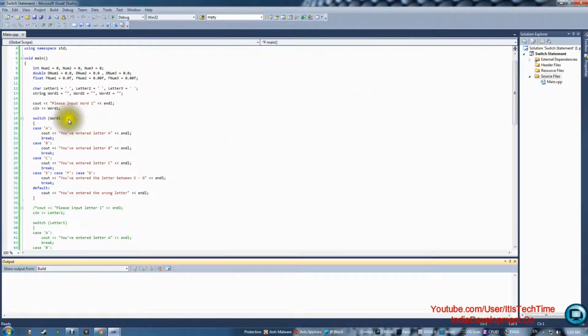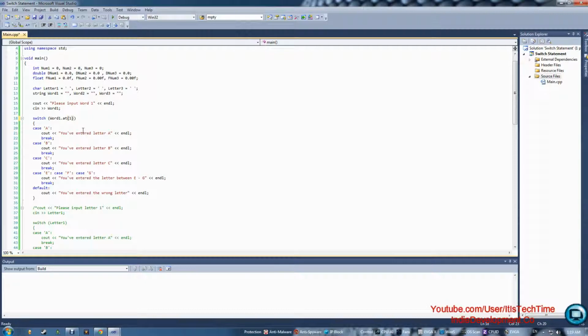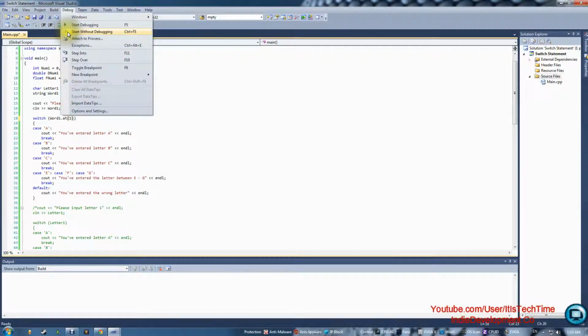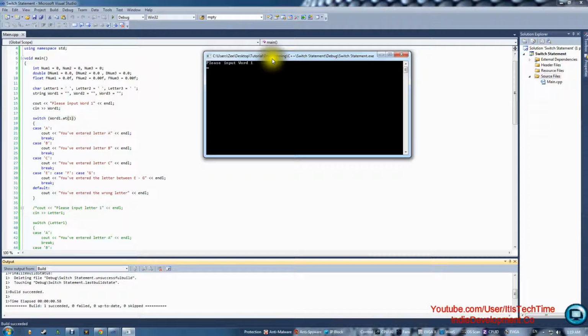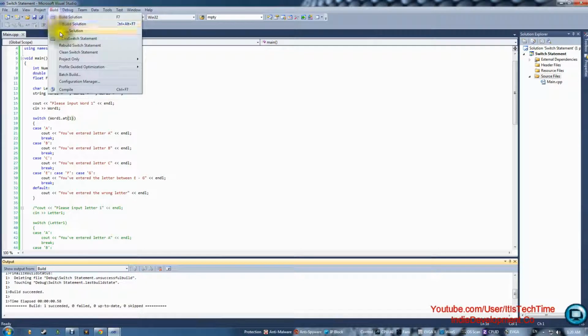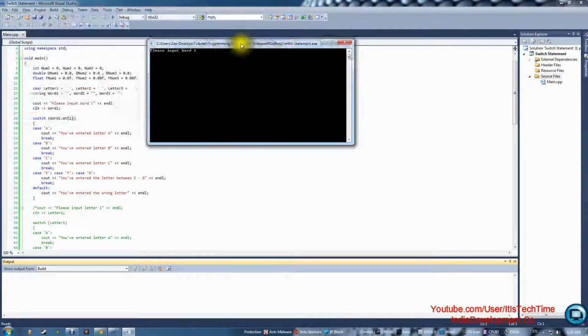So if we close it and do dot at position 1, let's go ahead and compile it again, debug, start without debugging, and this time I will type, let's find a name, it doesn't matter, FCK. So let's go ahead and enter, and you've entered the wrong letter because C is a small letter, so we have to do it with a capital letter. So that's one of the problems that happen even to me. So let's build, start debug, start without debugging, and then go ahead and do